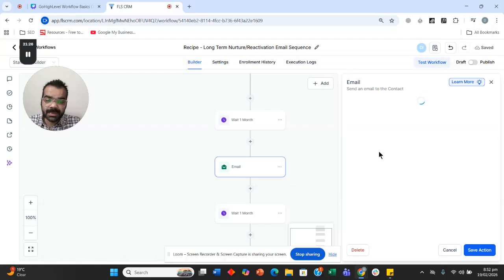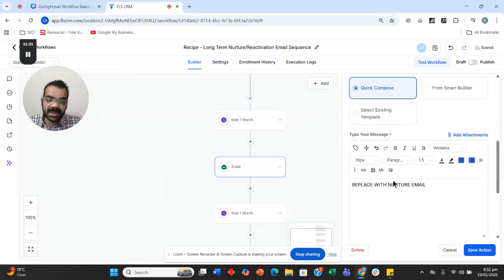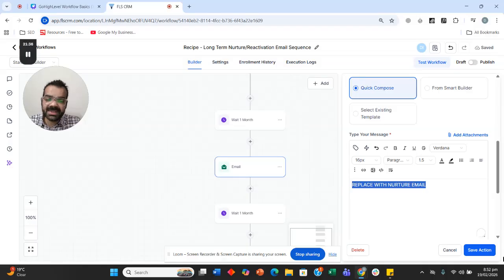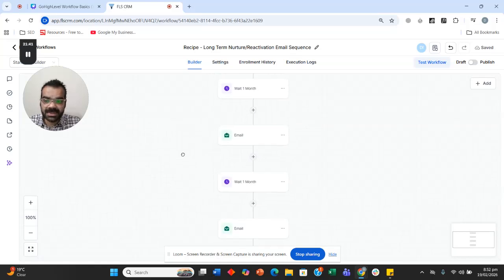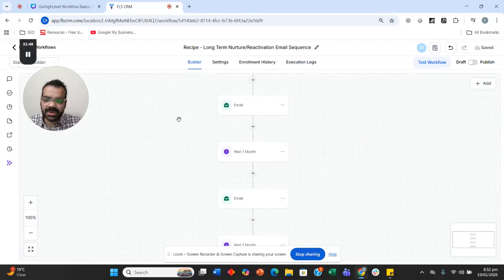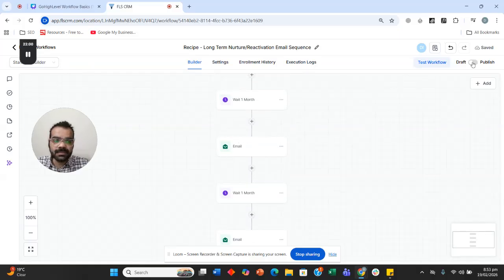What is the email about? You can see that. Replace with nurture email and then text, subject, and give the messaging. Click save. Wait for 1 month because it's a long-term nurture sequence. So 1 month is great, but you can again replace it according to your need. Once everything is done, like subject lines and email bodies, you'll publish it,